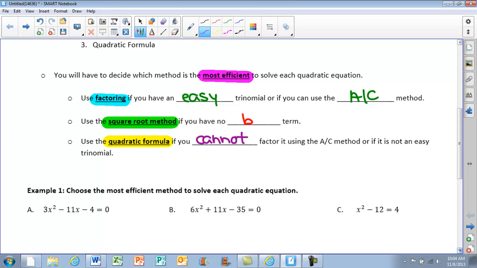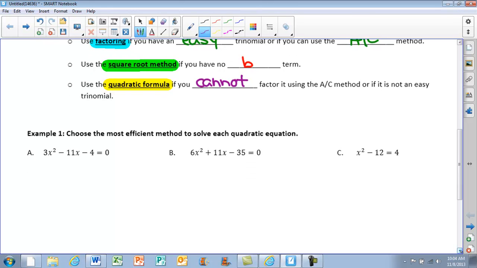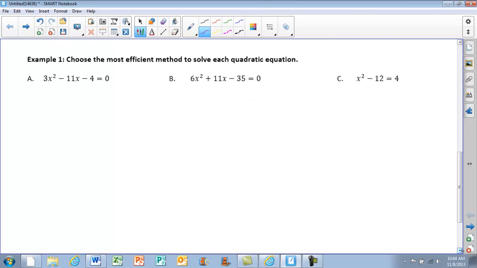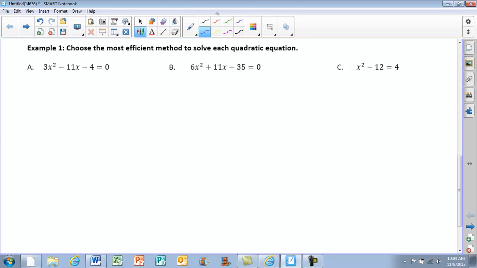So if we take a look at our examples, we're going to have to go through and see which one is going to end up being the most efficient method to solve each quadratic equation. So we have factoring, square root method, or quadratic formula. Looking at example A, we do have a B term. So right away we know we cannot use the square root method. So we're going to want to see, can we use factoring in order to solve this? Well, we notice that it's not an easy trinomial,